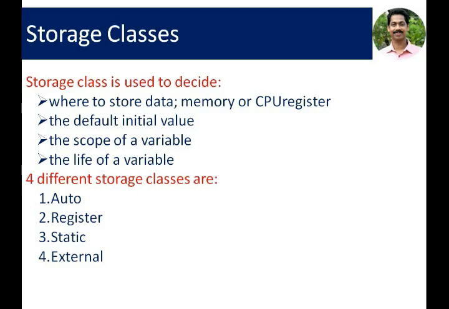Usually, whenever a function is called, a variable defined inside that function will be initialized with the given value. But a static variable cannot be initialized each time the function is called. It maintains the value of the static variable in the memory itself. That means that memory variable is not destroyed at the end of the function call.